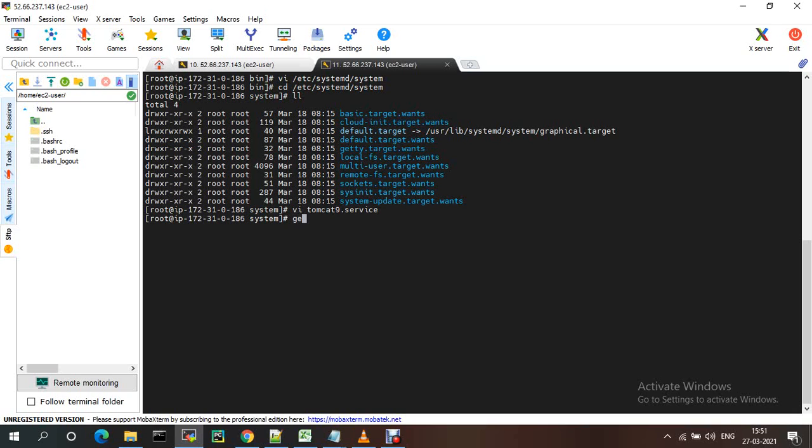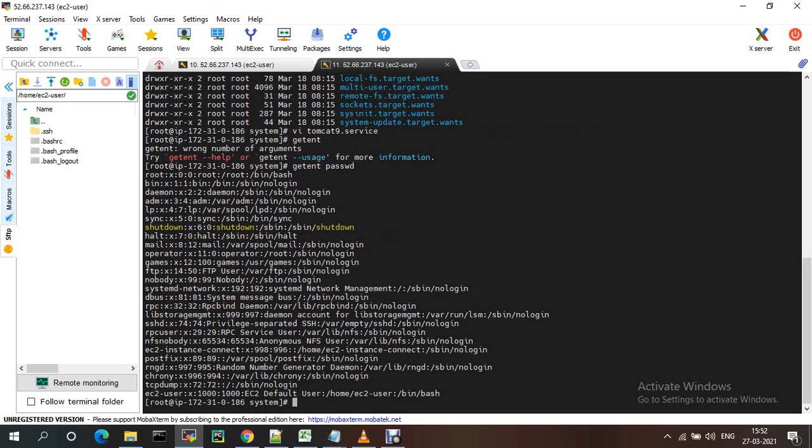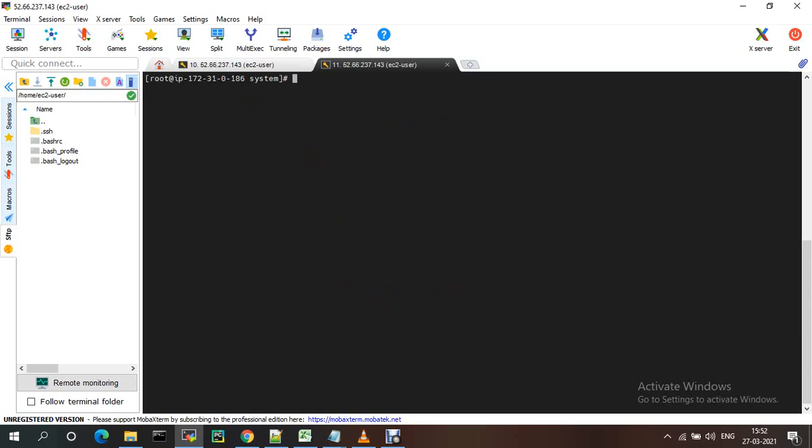To check, cat /etc/passwd, we can see the list of users. Currently there is no Tomcat user. Let me create a Tomcat user. To run the script we need the Tomcat user to be available. Otherwise, if you give root it will also work directly.